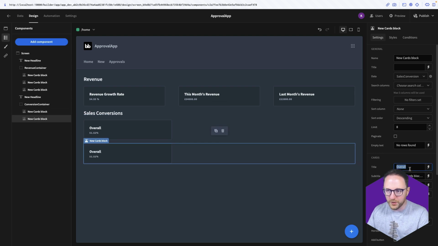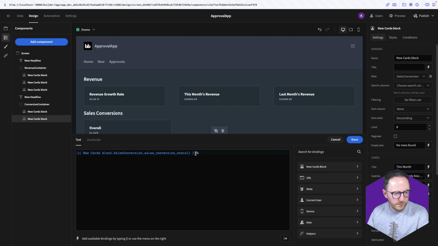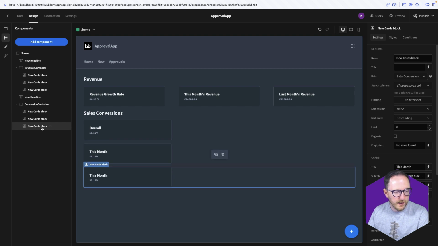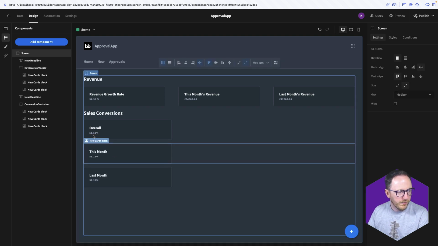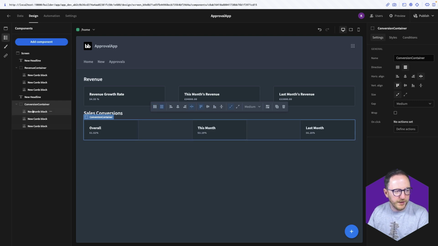And this time we want this month. So we'll do lightning bolt. We'll change this to sales conversion this month. Save that. And then we'll duplicate it again, and we are going to change it to last month. Change that to sales conversion last month. Okay, so then we will orient that sideways and we'll go through each of them and we'll set